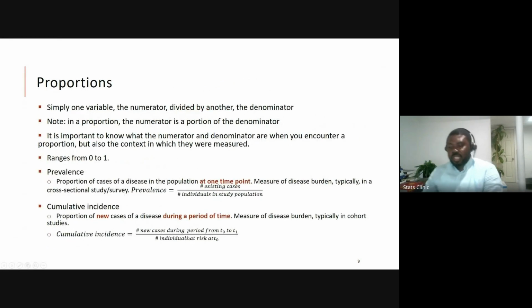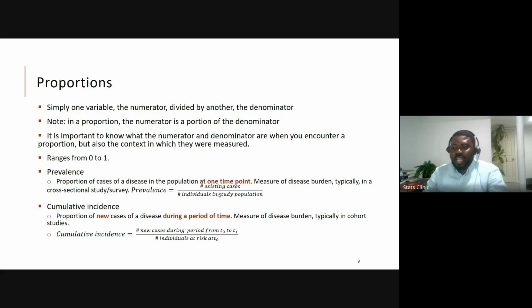Okay. For incidence, the denominator is individuals at risk. Compared to prevalence, the denominator is individuals in the population, which is everybody. But some of these people can no longer get HIV because they have had it before last year.